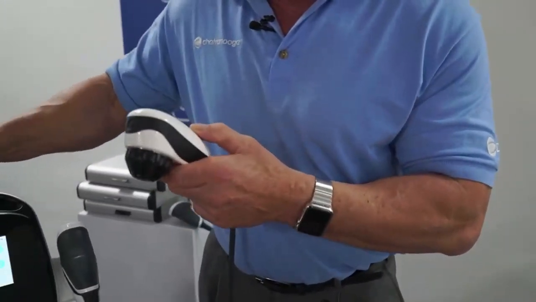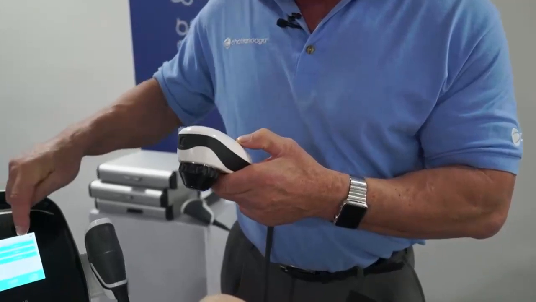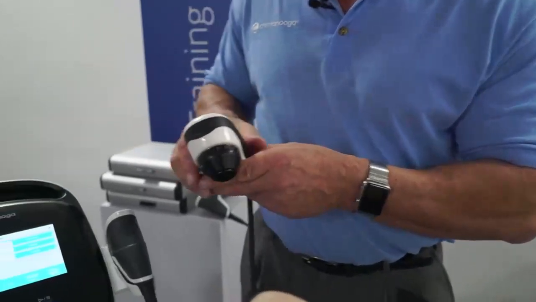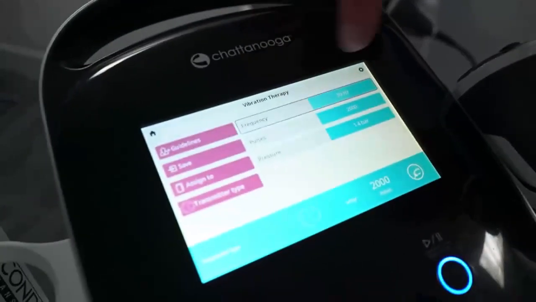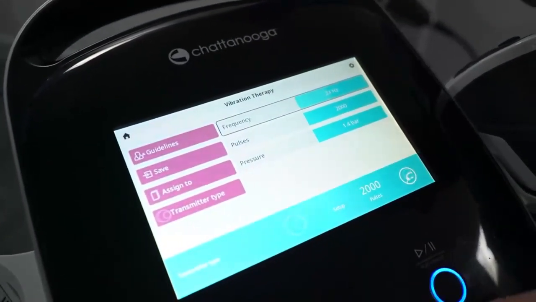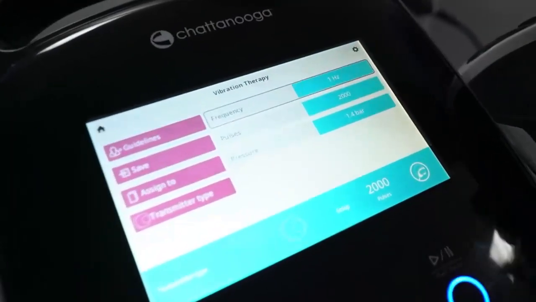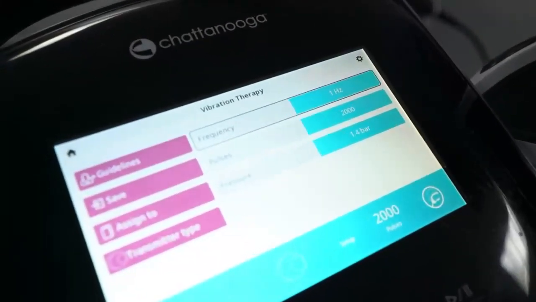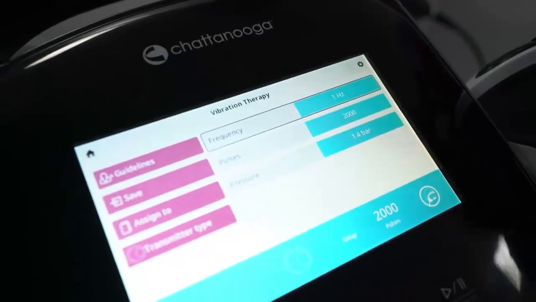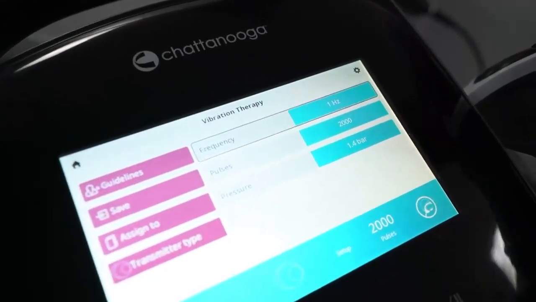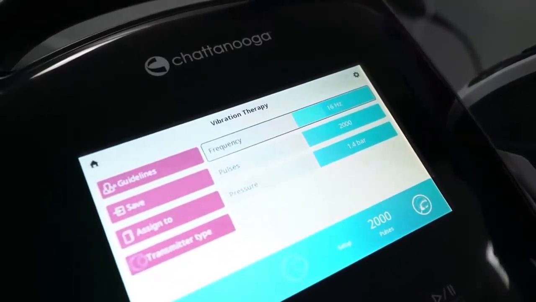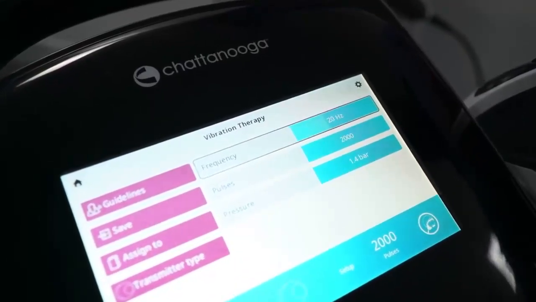So here's the frequency. Look, it defaults to 30 hertz. If I press frequency, it highlights. Look, I can take it all the way down to 1 hertz. But I can't think of any clinical application where that would be of benefit. So we need to be working at least 20 hertz. Now, between 20,